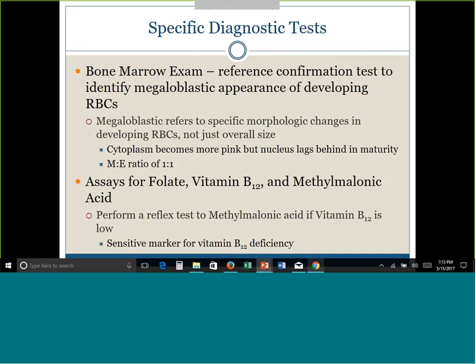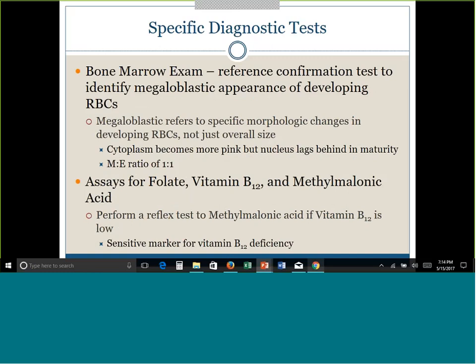So now, I've always said we don't right away jump to bone marrow, but if you were to do a bone marrow exam, you're going to see this really unique megaloblastic appearance of those red cells as they are developing. That is what the whole anemia is named for. And megaloblastic appearance basically indicates that we have a nuclear to cytoplasm asynchrony. That means